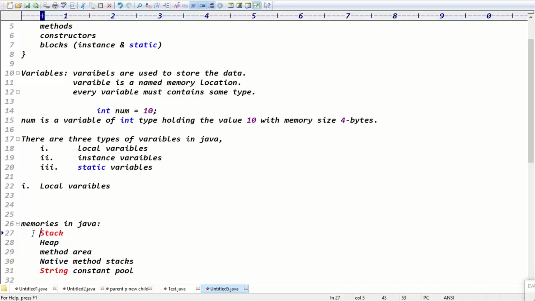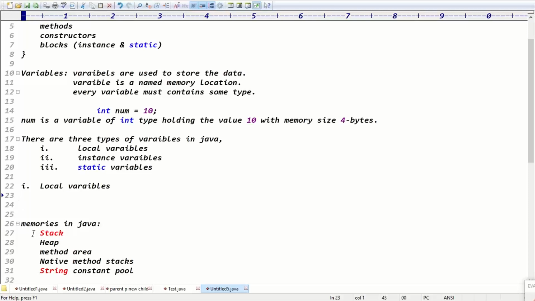We don't know, right? These type of questions, guys, when someone is asking how many types of memories in Java. Most of the guys will ask the question like what are memories in Java, but some of the guys will ask how many types of memories in Java. Generally, you don't say the number of types if you don't know. Even in an interview, if you don't know the number of types, don't mention a number. In general, in Java we have memories like stack, heap, method area, native method stacks. Like that, you can start the answer.